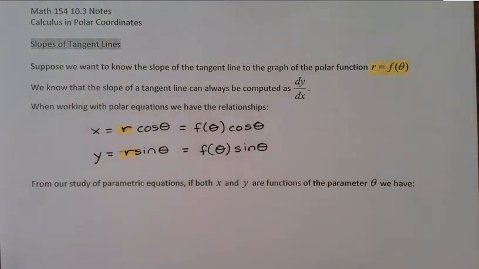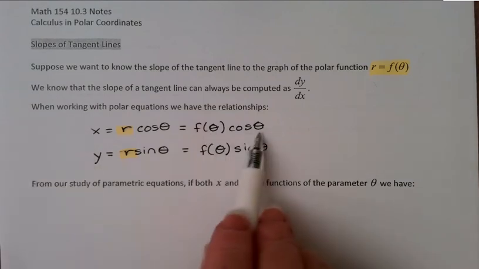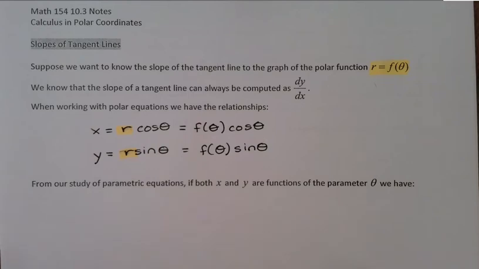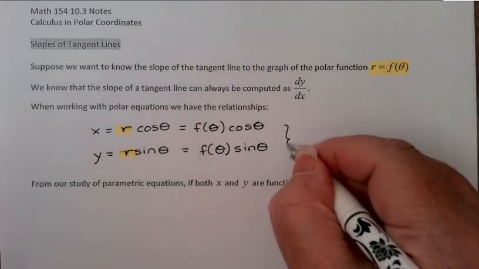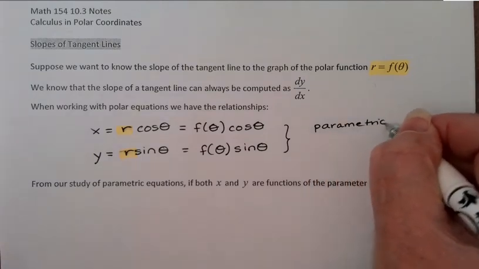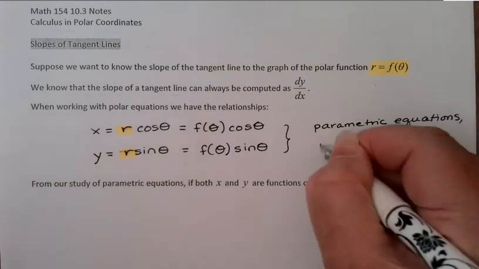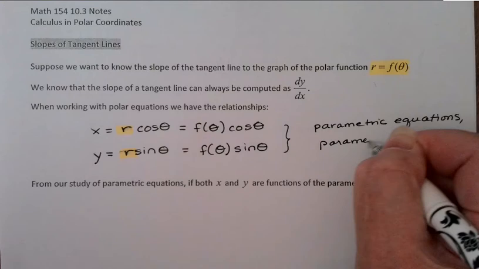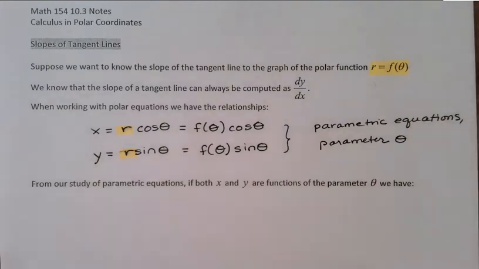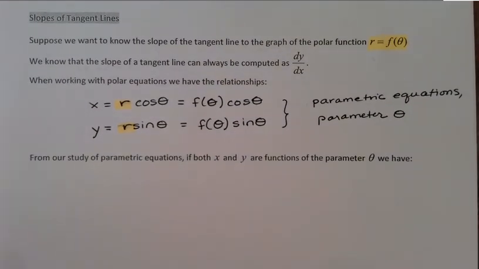When we do that, notice we've now expressed both x and y in terms of a third variable theta, so this counts as a parameterization. These are now parametric equations using parameter theta. That's actually a really good thing for us because we already know how to find dy dx with parametric equations, right? So from the study of parametric equations,